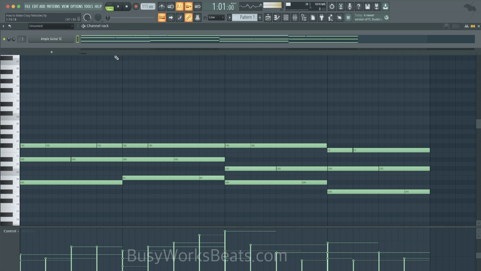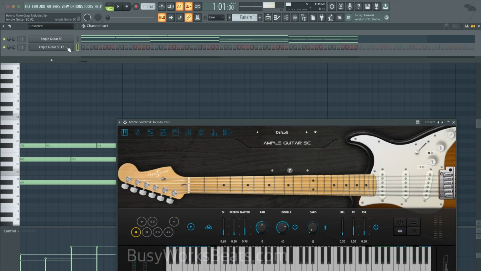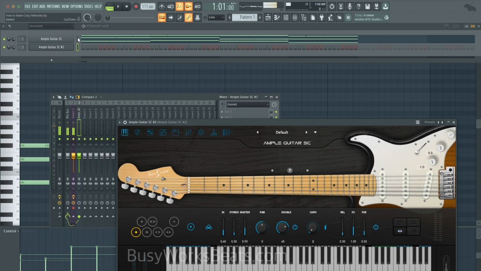Now, melody comes in 4 layers for the most part. You have a rhythm layer, you have the harmony layer, you have the contrast layer or the lower frequency layer, then you have what's called the top line. What you guys can do is right click and just clone your instrument, for example. And we're going to act as if we're doing another take. Okay, so I'll show you quick ways.